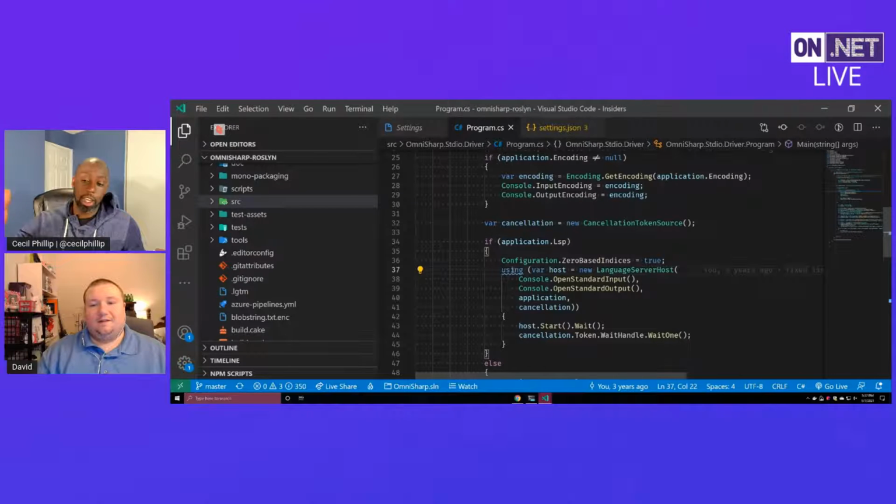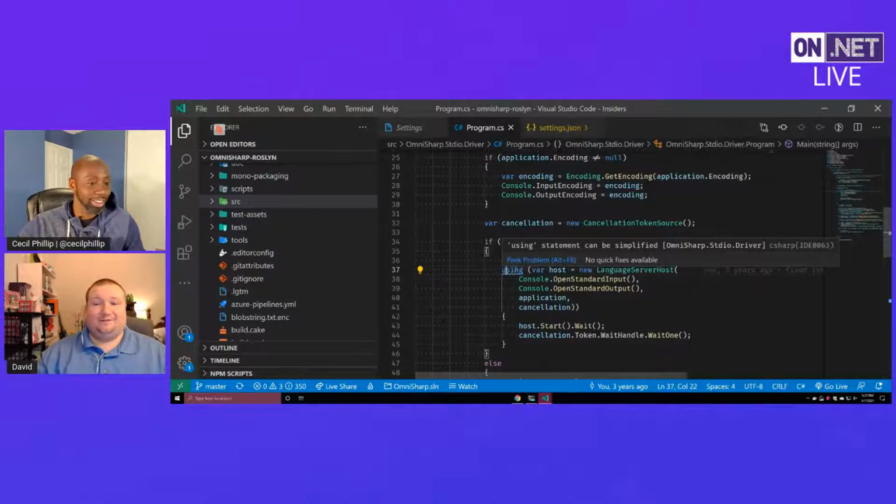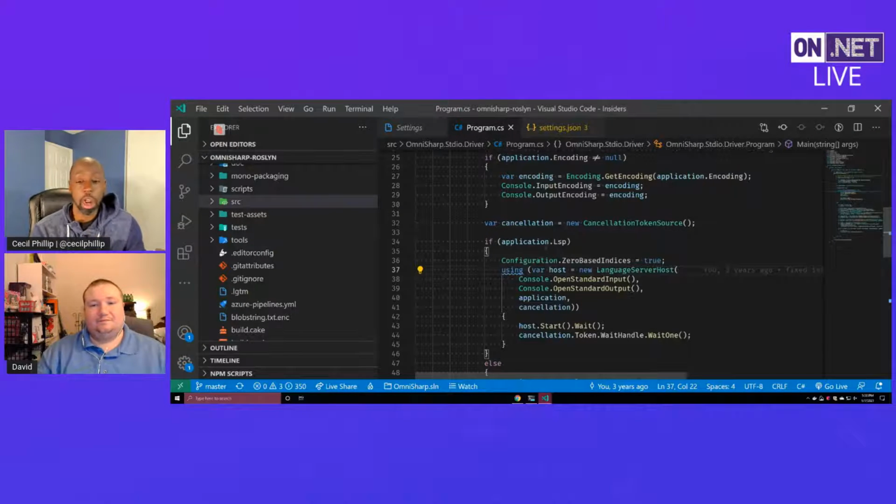Can always use help. Yeah. So I know a lot of folks are in the chat right now. One of the things we always want to encourage you to do, if you like these open source projects and you use them, is to think about contributing to them. David, I know you mentioned a little while ago that the getting started experience isn't as well documented as you'd like it to be.